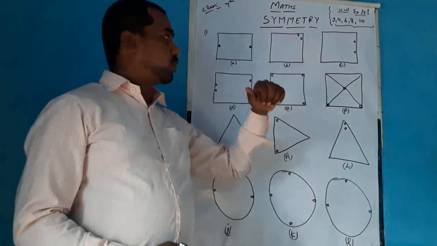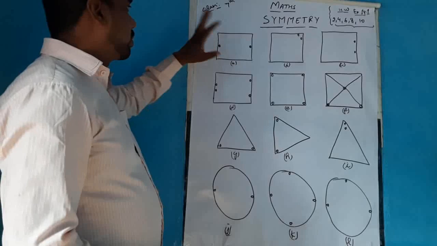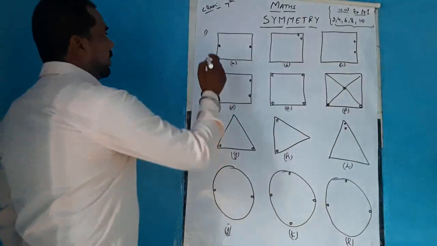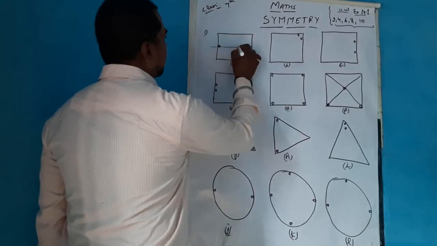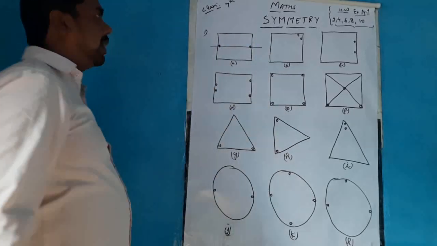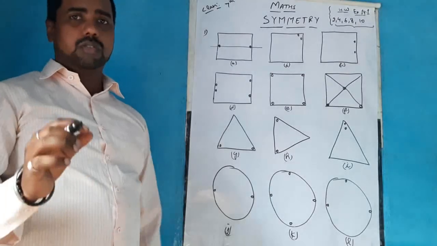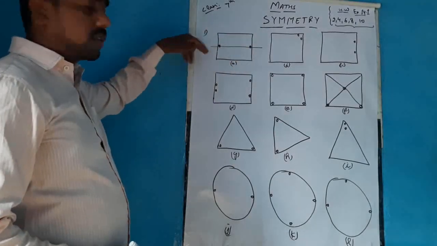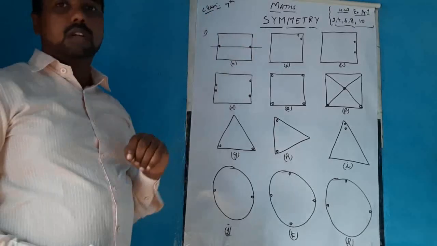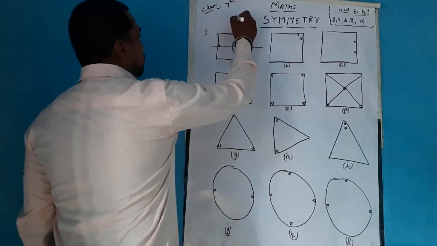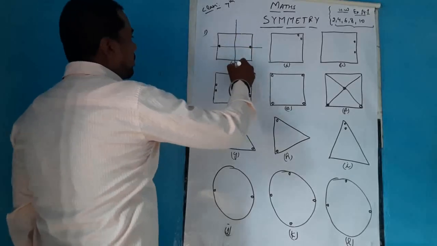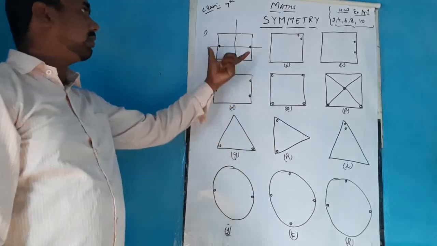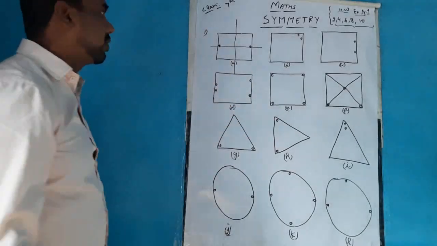So it is the first question where an almost rectangular, you can say square shaped, figure is there. When you draw a line of symmetry horizontally from the midpoint of the figure, you have to take care that it covers the dots, so that the first half covers the other half. You can also draw a vertical line of symmetry so that this half covers this part. So this figure has two lines of symmetry.